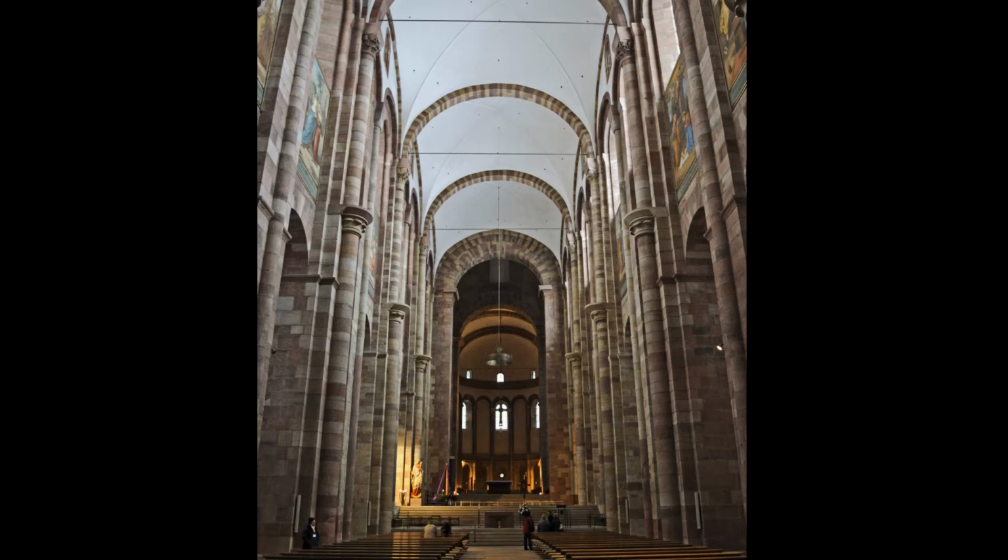This is the nave of Speyer now, at 45 feet wide and 107 feet high. It is the widest and highest of all Romanesque naves. In fact, only a few Gothic churches have greater dimensions than this. It also is covered by the most impressive of all ribless groin vaults,